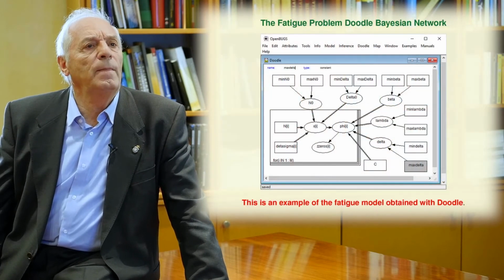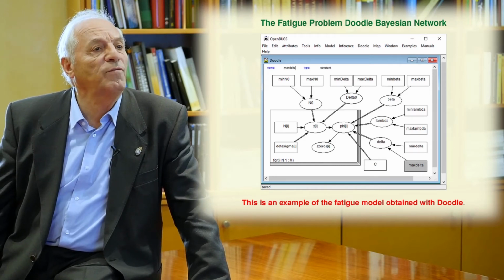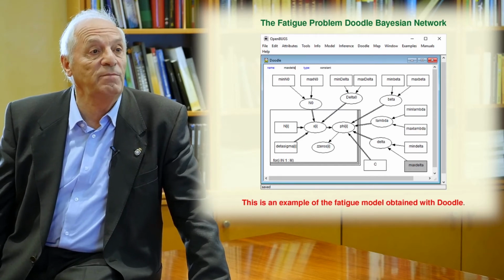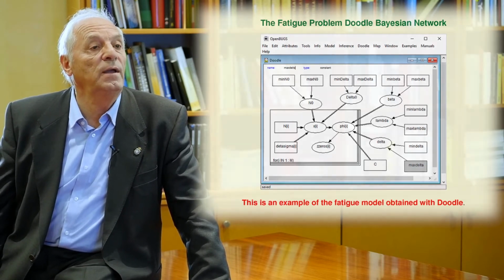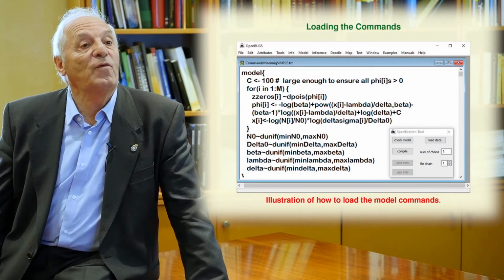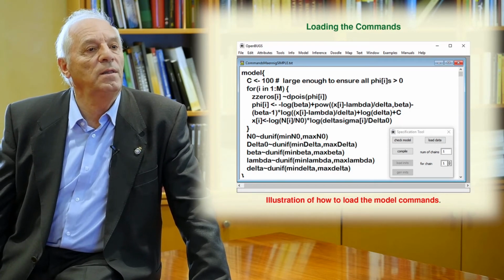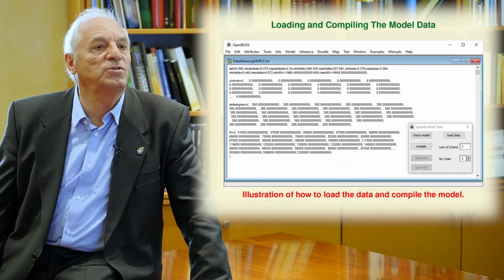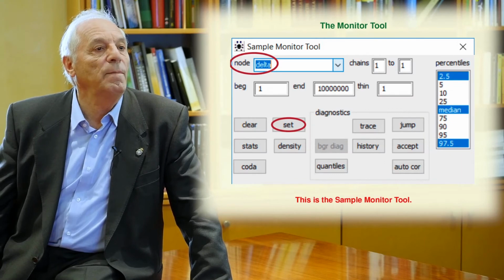This is the result of the Doodle model. Look, it is a very nice Bayesian network that reflects very well the variables, which include real variables and artificial variables, which are the parameters, and we have the relation among the different parameters. These are the commands that you can obtain from the previous plot if you use the prettyprint option in the menus, and then you can start to use OpenBUGS by compiling the commands and the model as we have mentioned before.